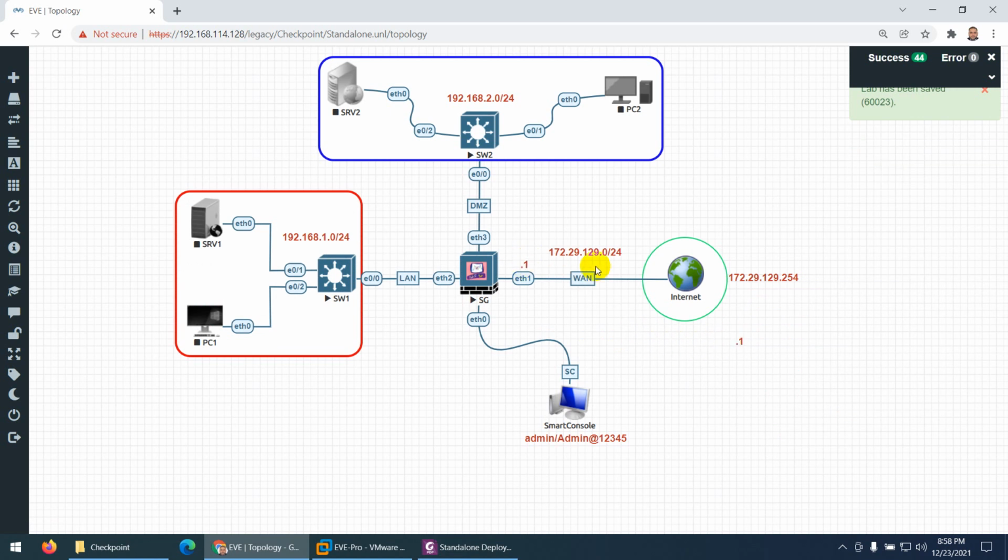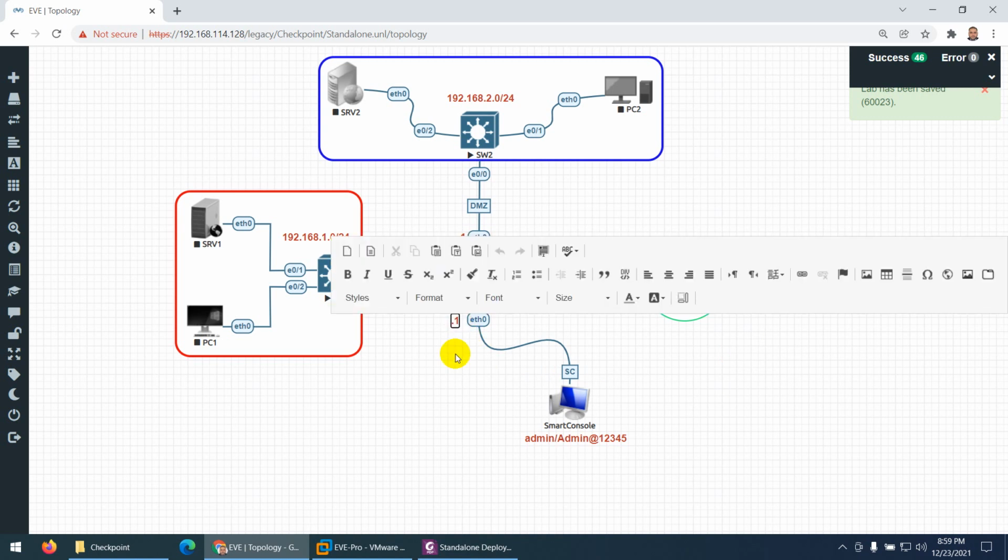So we will assign 172.29.129 and this interface 1 IP, and also we will assign 192.168.1.1 to this interface, and also we will assign 1 IP to this interface, the DMZ one, while management is already set up.